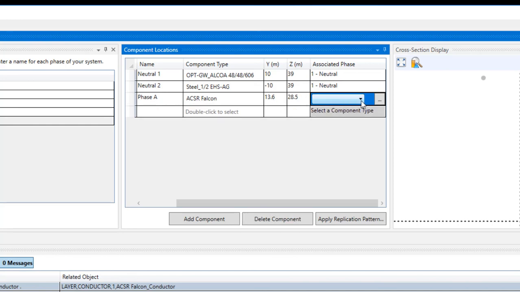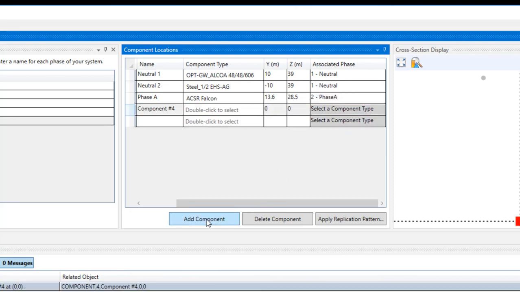We assign our Phase A component to Phase A, and with this done, we proceed to add our Phase B and Phase C components to our Component Locations table. Both Phases B and C will use the same bundled component type as Phase A, which is that ACSR Falcon component type that we just specified. And because we did, it now appears in the drop-down menu when we double-click on the cell in the Component Type column. We select it, and then set our coordinates for the Phase B component,